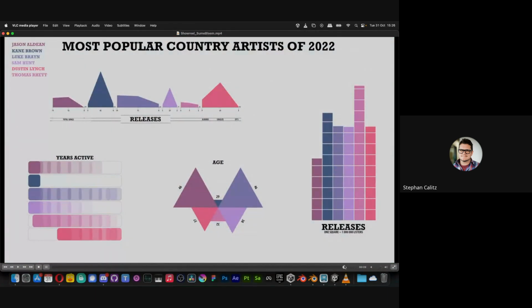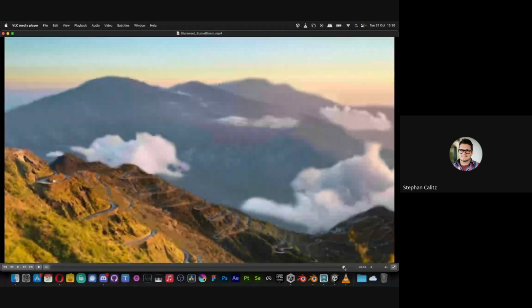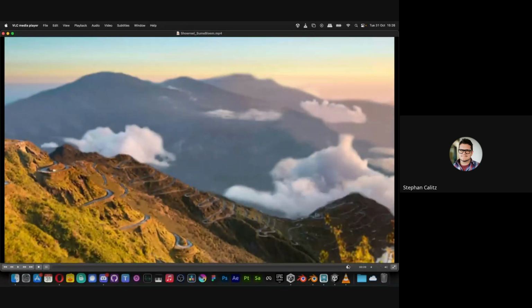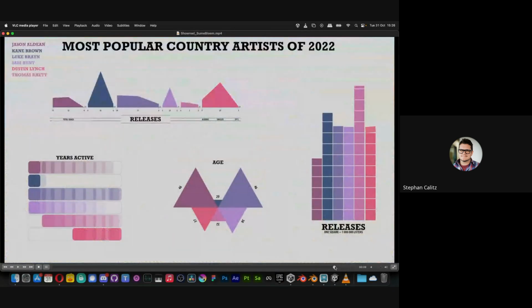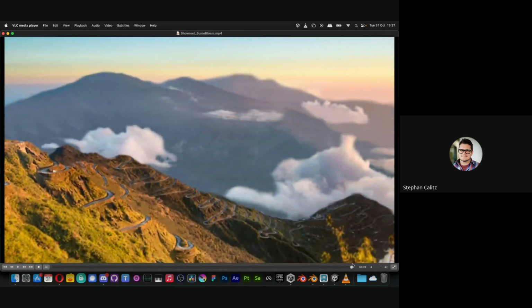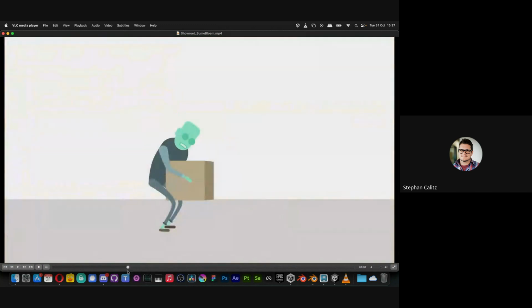But then we end up with this again. So I wonder if maybe this is not the best end frame. Maybe this can go a bit earlier. And then you end up with the design elements and then your title. I think that should do.